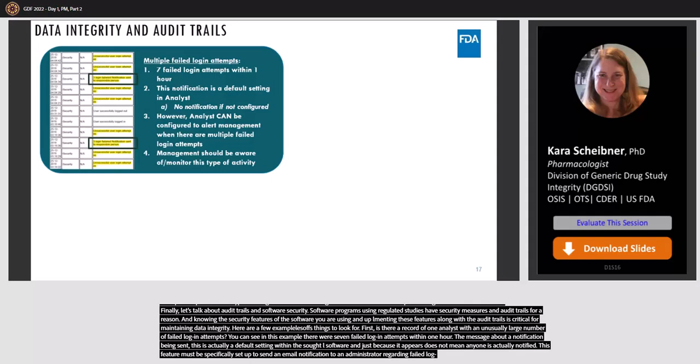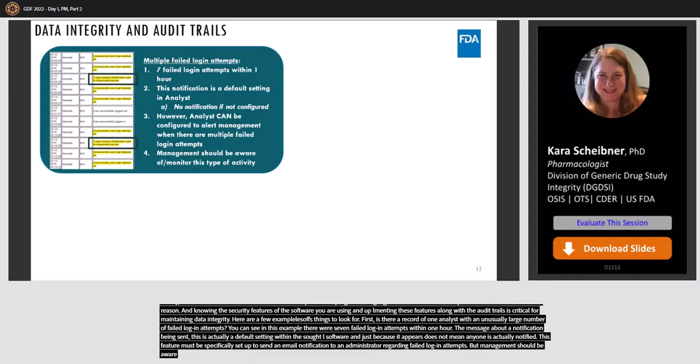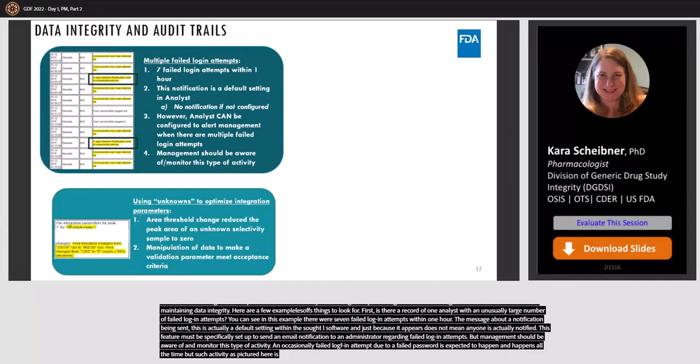But management should be aware of and monitor this type of activity. An occasional failed login attempt due to mistyping a password is obviously expected and happens all the time, but such activity as is pictured here is not. So ask why. Second, in this audit trail, we can see that an unknown sample was used to optimize integration